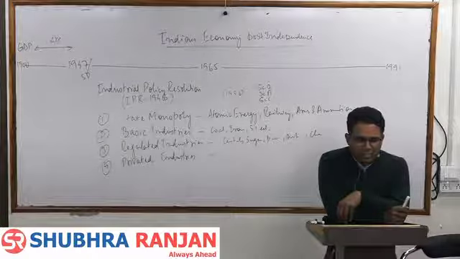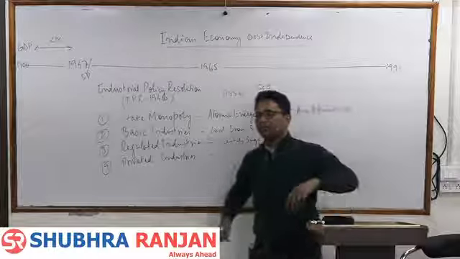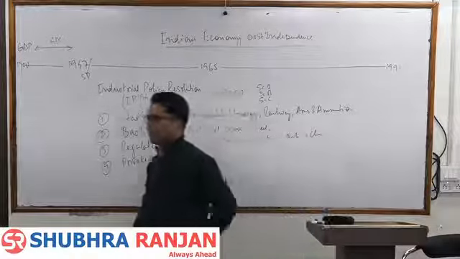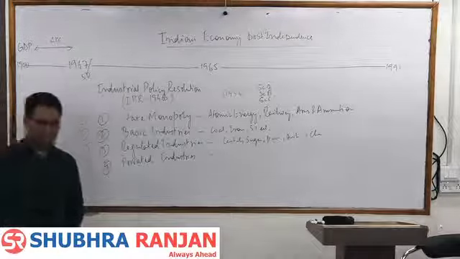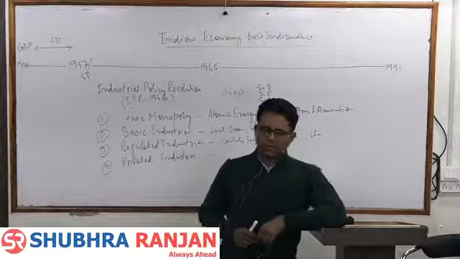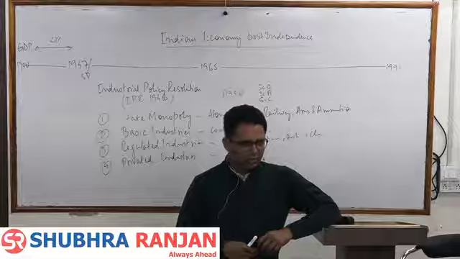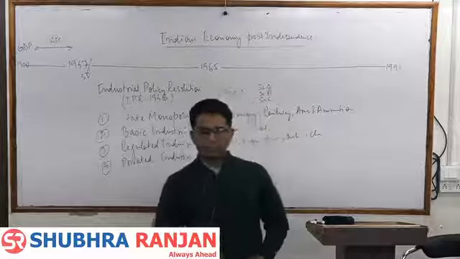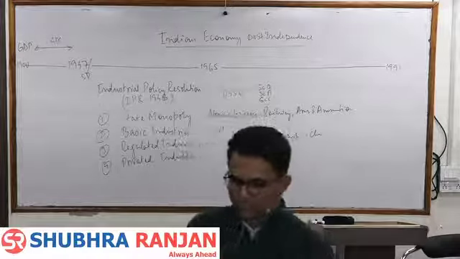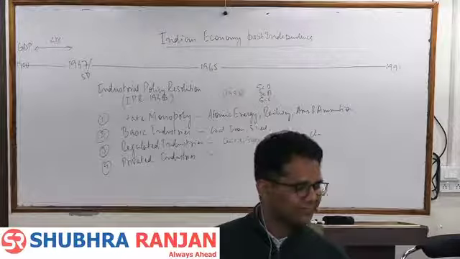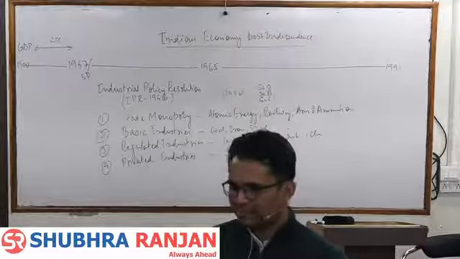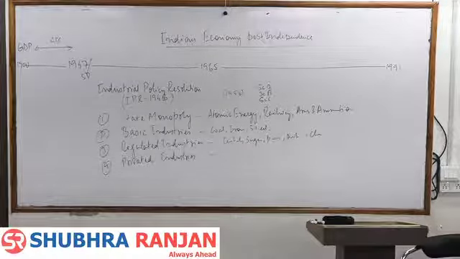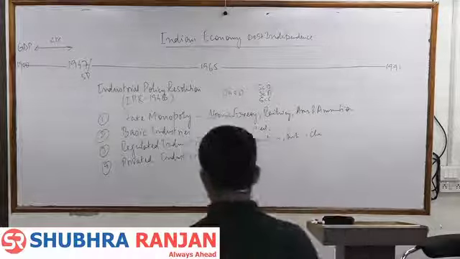Now we implemented the first 5-year plan, है ना, 51 to 56. In the first 5-year plan, the major focus was on agriculture and transport and communication. So when I say that in the first 5-year plan the major focus was on agriculture and transport and communication, what do you understand by this statement? Government will make such policies to enhance the output of these sectors primarily. And the resources, where will they come from?